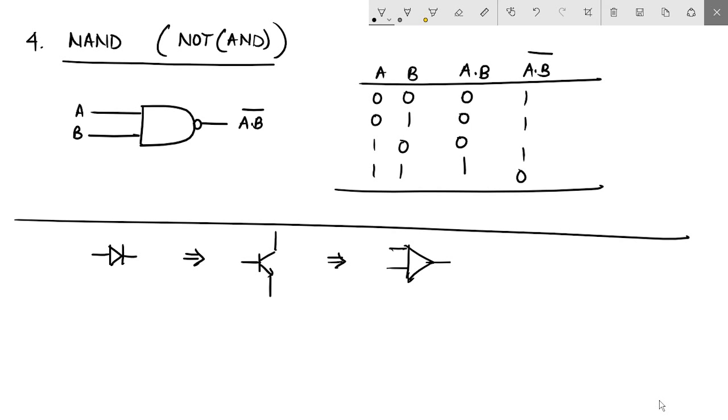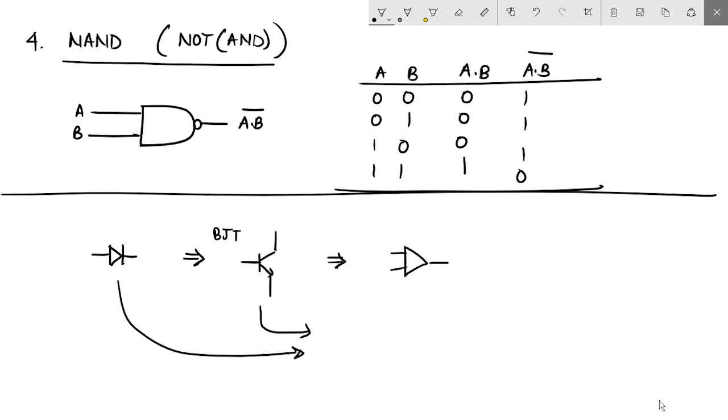So what is inside an op amp? An op amp has differential amplifiers. That means combinations of BJTs only. Now logic gates can also be made using transistors or using diodes. And in fact, what we have studied till now is a BJT, that is bipolar junction transistor. There is another type of transistor which does similar operation, which is called field effect transistor.